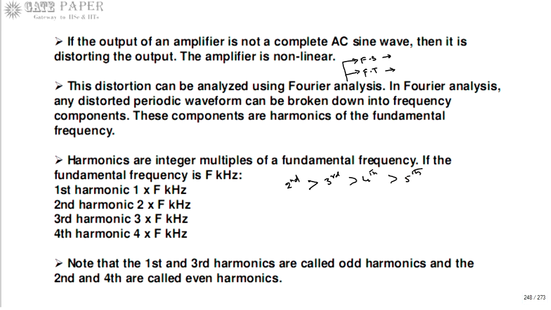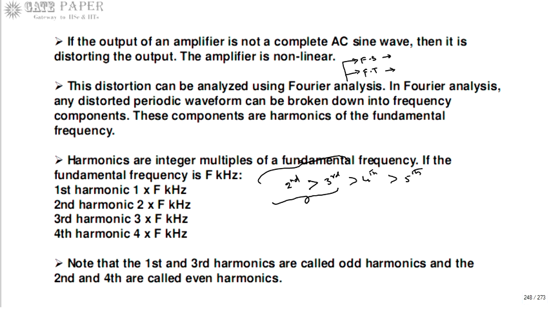So generally we will neglect the higher harmonics. We will only consider the second and third harmonics, which have more effect on the output, so that the output gets distorted only because of these two. Other harmonics have very little effect, so they can be neglected. If an output waveform consists of second and third harmonics, it has more distortion. If it has only the second harmonic or only the third harmonic, then the output is somewhat less distorted.